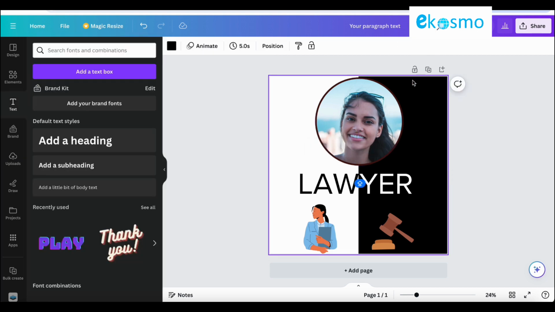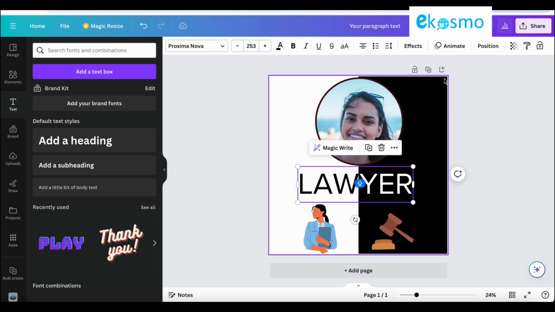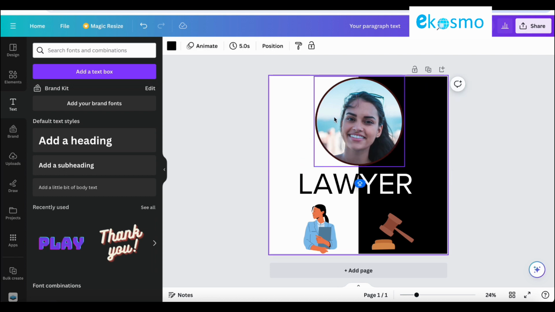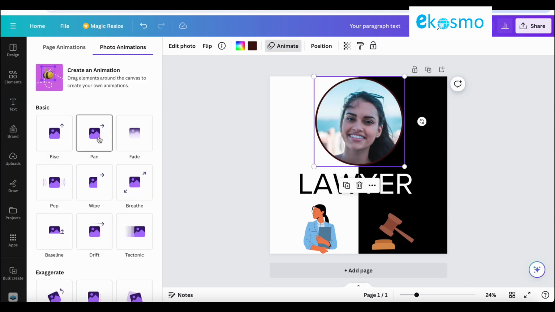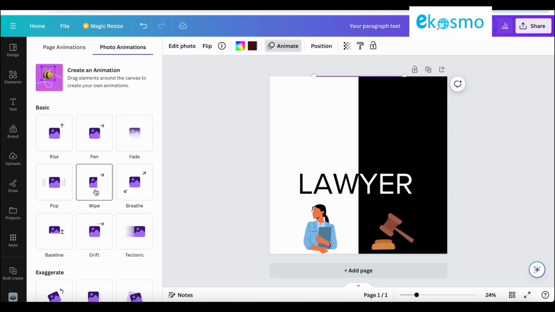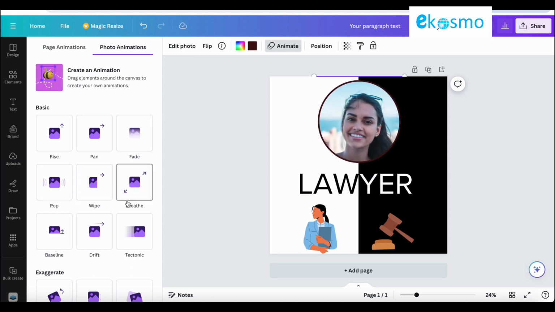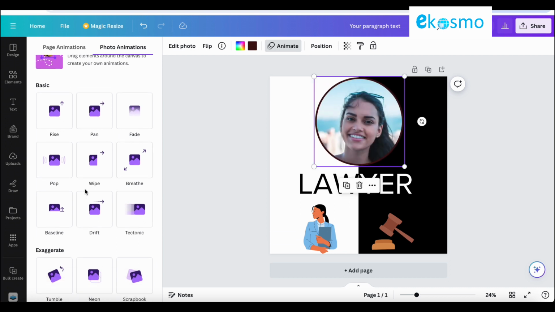And then you can just go ahead and animate anything. Let's say I want to animate this photo, and if I click rise and fade in, if we animate, it will also give us this in a video format. Wipe, breath. I'm just applying all these effects so you know how it looks, but you can keep applying as you would like on your design, or let's say a video design for Instagram, TikTok, Facebook,